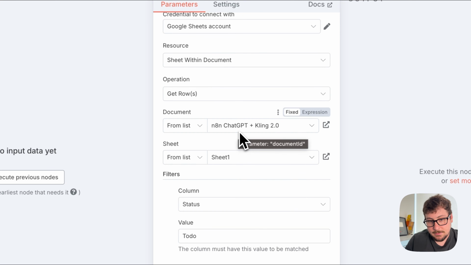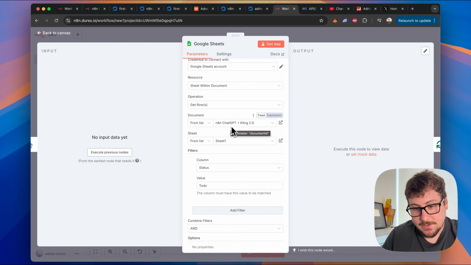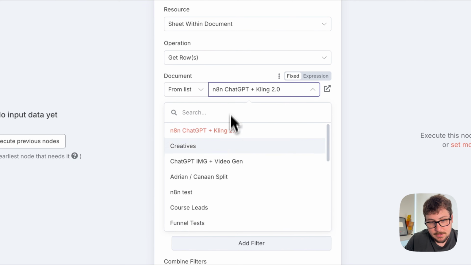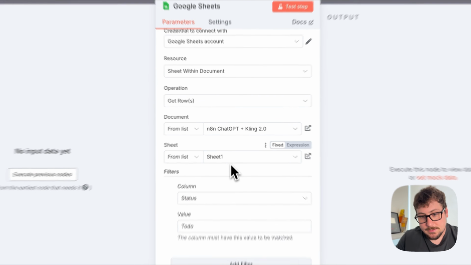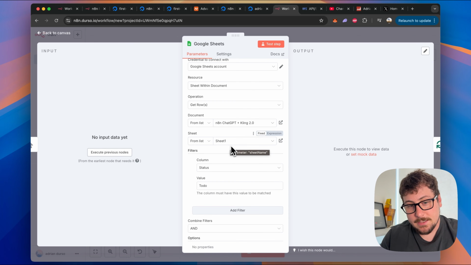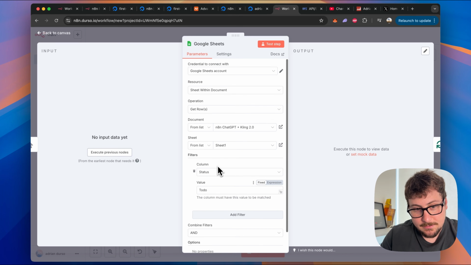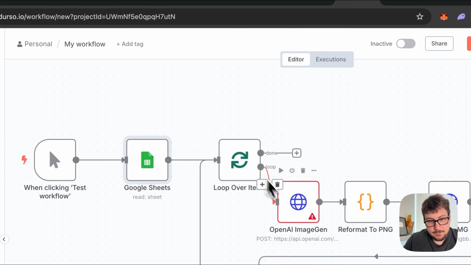Keep in mind, my template is based off the exact naming conventions and whatnot from my account, so you're going to want to make sure to select from a list your file. Make sure it's connected to the same duplicate of my file from the template if you want it to run just like it did. So make sure everything else is selected, but you'll see that now there's no longer an